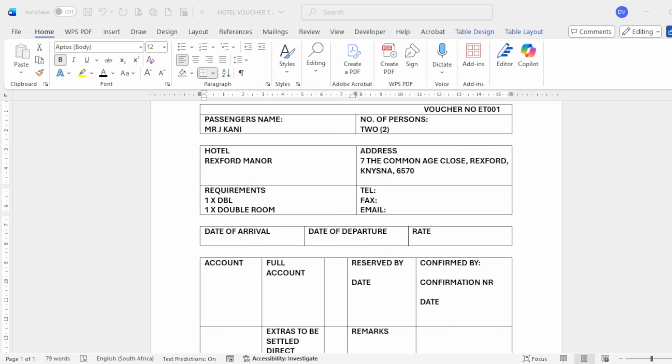Right, the next thing that we're filling in is the telephone number, the fax number, and the email address. But you know now that they only gave us a telephone number, they did not give us a fax number. So the telephone number was 044 384 0597. So I've obviously got my memo right here next to me, guys. It's just so that I don't have to jump from screen to screen. They didn't give the fax number, so you just leave it blank. You don't have to make up your own or anything like that.